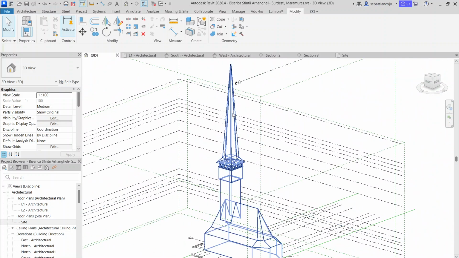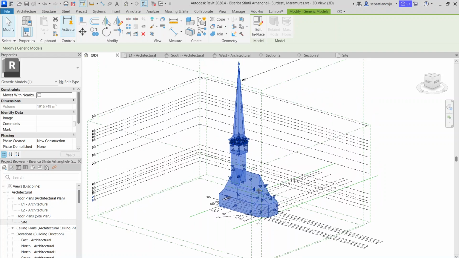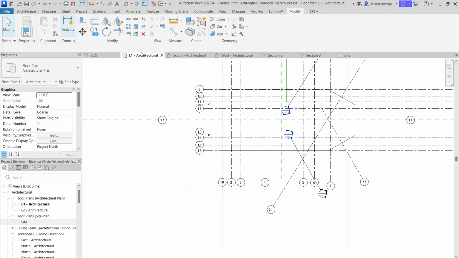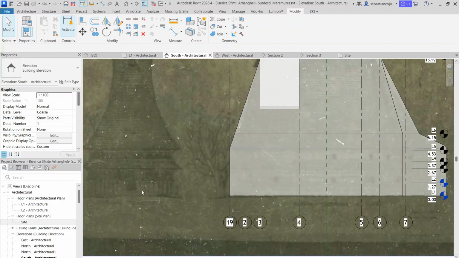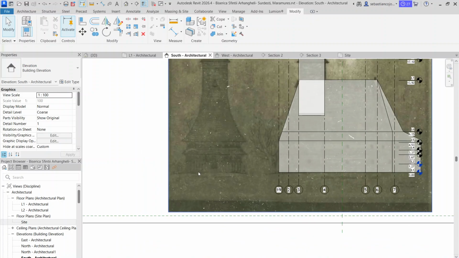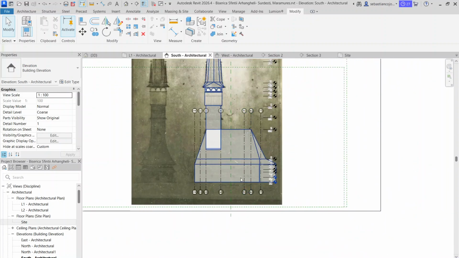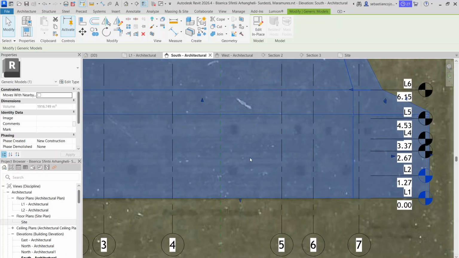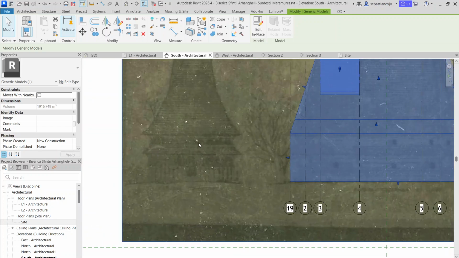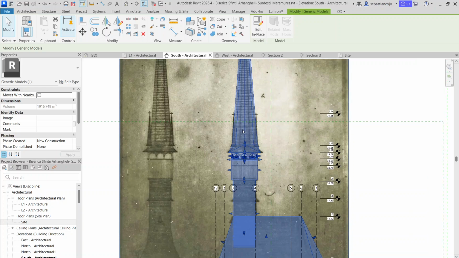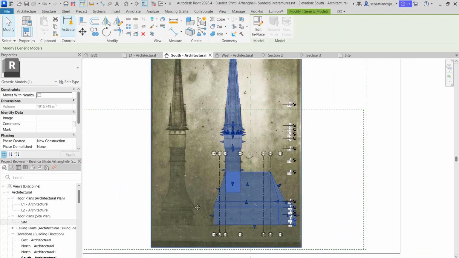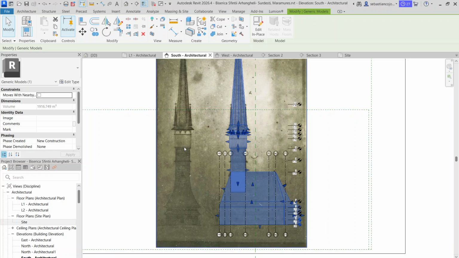So we have this shape model as a generic model for the church. We have the floor plans and the reference images for doing everything. So now we're going to see what's next to be done. I guess the facade and maybe the lateral sides, how do they look like, and I think this will be the video about, and I think the next one will be about completing various details